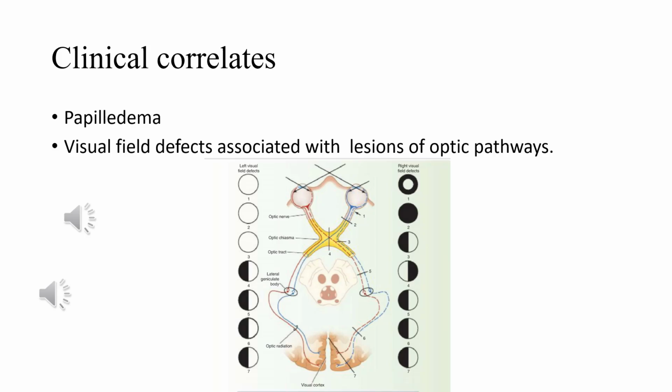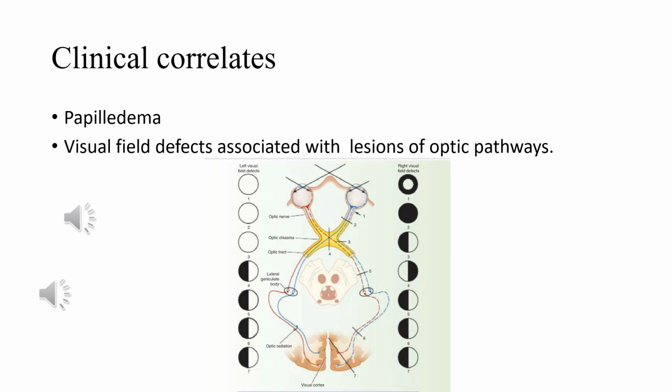So starting from the level of lesion just behind the eyeball, which is labeled 1 here, if the periphery of the eyeball is affected, as in the case of optic neuritis or in some cases of hysteria, the neurons in this peripheral area are responsible for carrying the central field of vision. So there will be a defect in the central field of vision causing circumferential blindness.